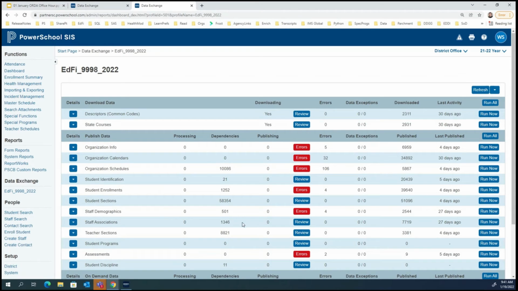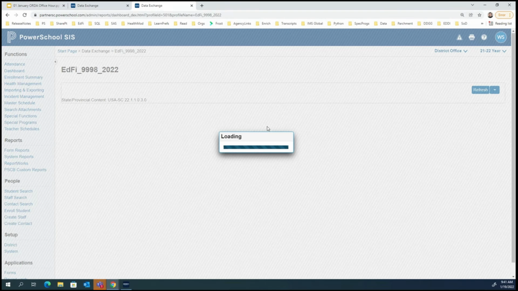I think what we've done in the past, if we were working with the district, walking them through this during the day, just to be safe, we let them go one at a time, because we were afraid that if they click Run All in the middle of a school day and things are taking a long time, we didn't want to bog things down in your system. But if you were doing this on a Friday afternoon and you just wanted to hit Run All, that would be fine. You'll notice here that, and actually let me refresh this to see if these yeses go away here.